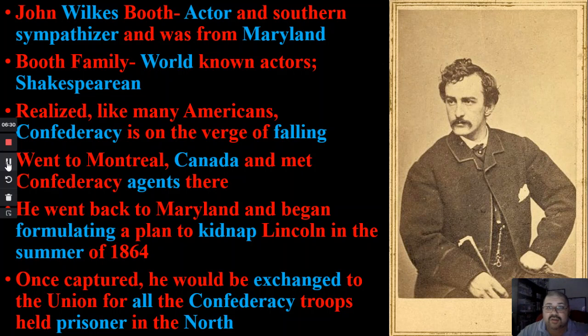So the North had a ton of Southern soldiers that they captured. So Booth is like, well, if I capture Lincoln, then I'll have them release all those soldiers from prison. And then when they go back down to the South, they'll fight again. And then the South will have enough people to keep the war going, and they won't lose as bad. So the plan is pretty simple. But Booth is no fool. He realizes, I can't do this by myself. I need help.